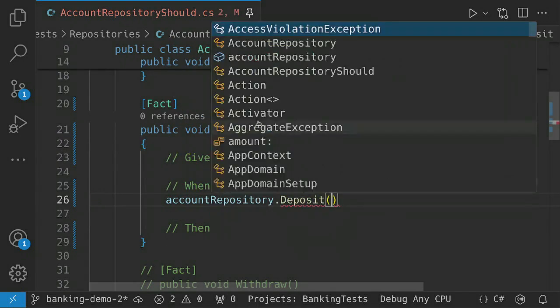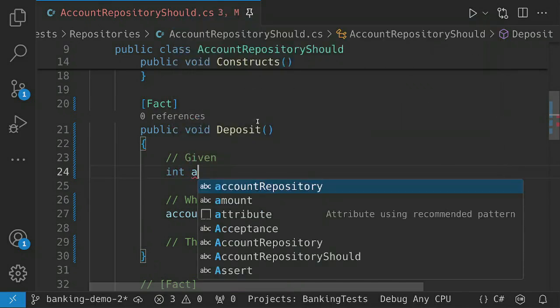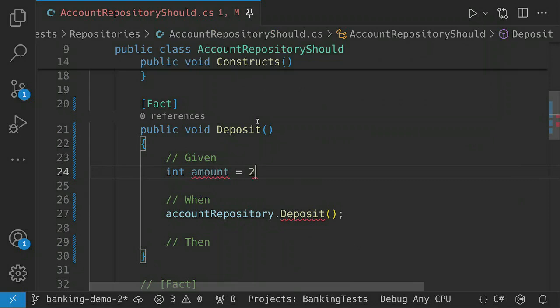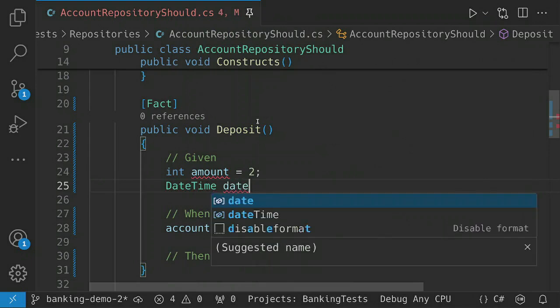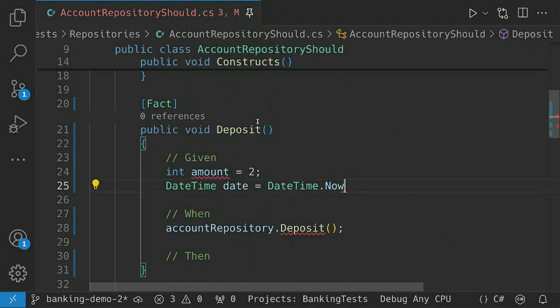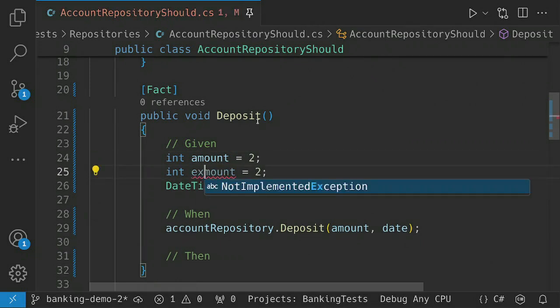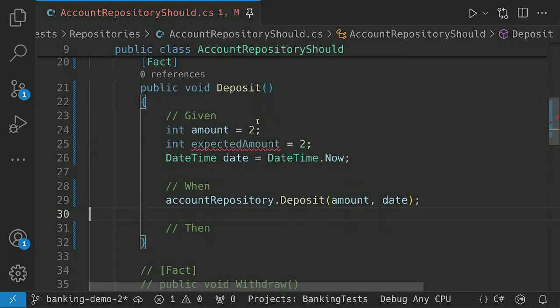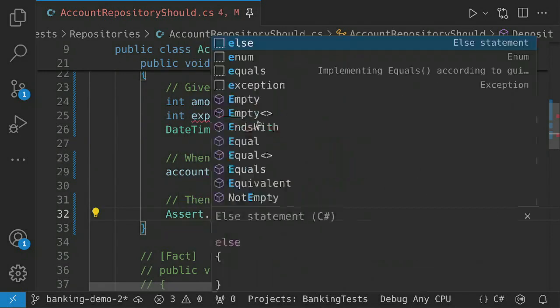So let's define something in here, an account repository deposit, right, and let's give it stuff we'd expect in here. So an amount, let's make it equal to 2. Let's give it a date time, date equal to DateTime.Now. And let's put an amount and a date in here. And let's also create something called an expected amount and assert equal